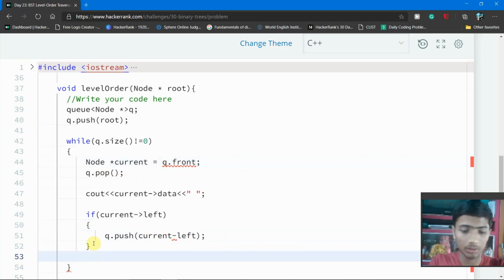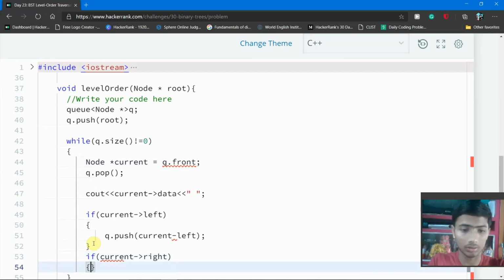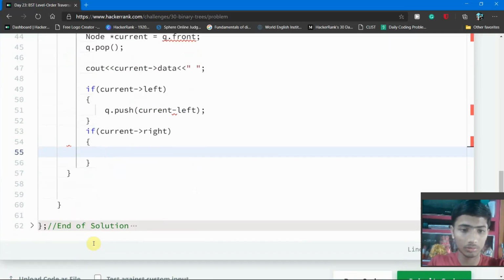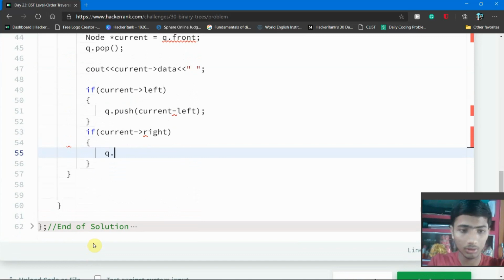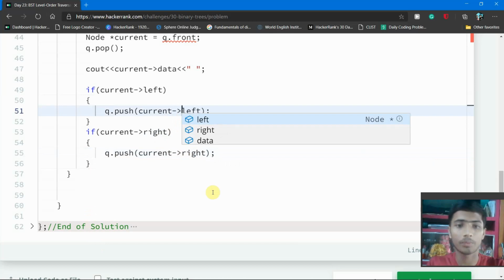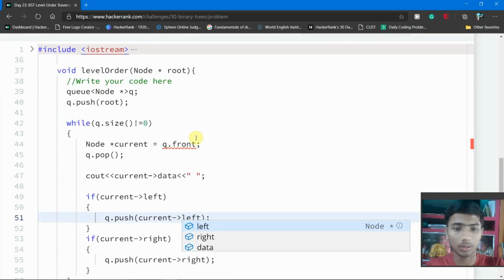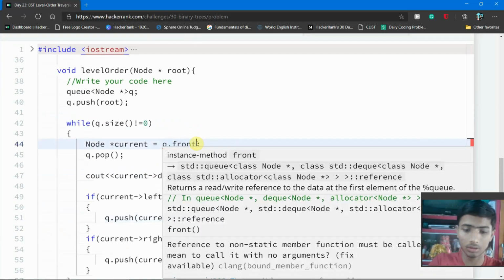After that we check the right node, and this time we simply push the element, q dot push, and inside of this push function you simply write current right. So this is done. Here one thing is missing, a bracket.